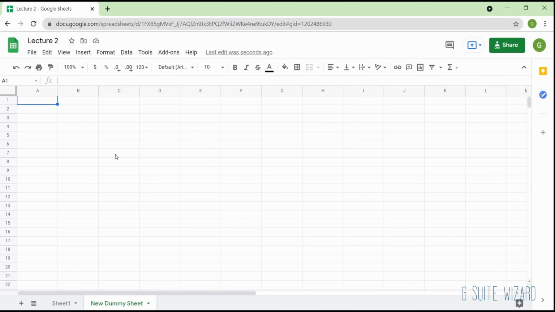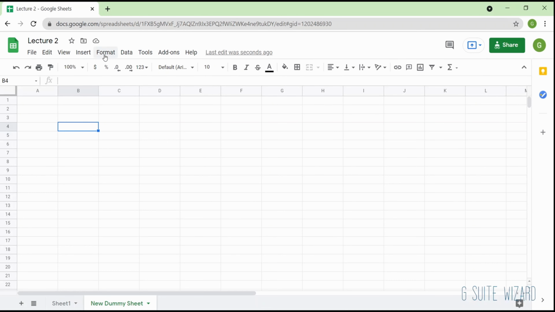After any change that you make, it automatically gets saved to the drive. You will need an internet connection to access Google Spreadsheet. Whenever you're making any changes in the spreadsheet, even if you're changing one letter in a cell, it will save the whole workbook. There are again formatting options present in this tab.